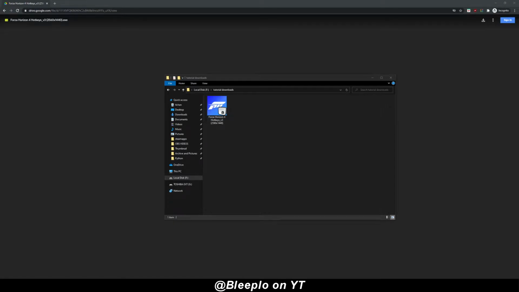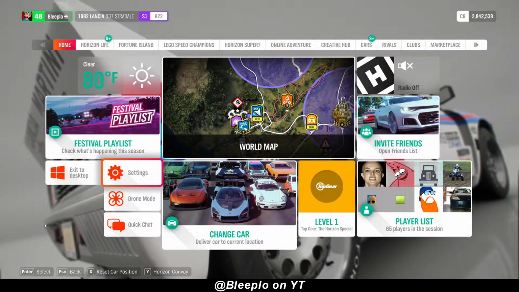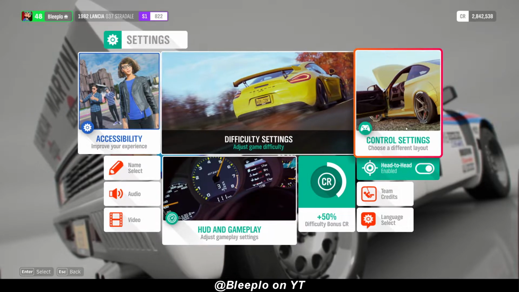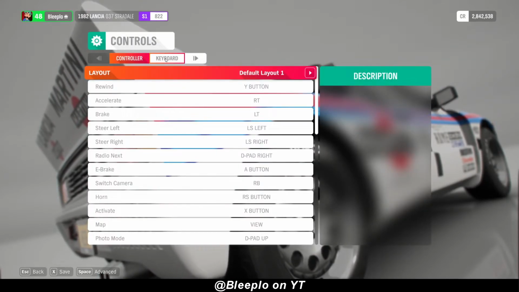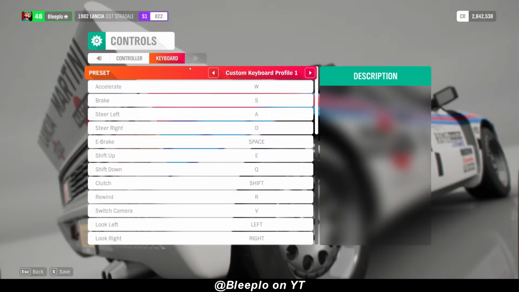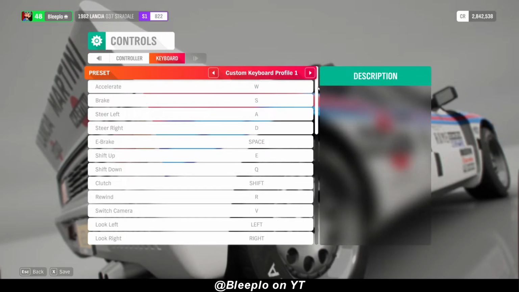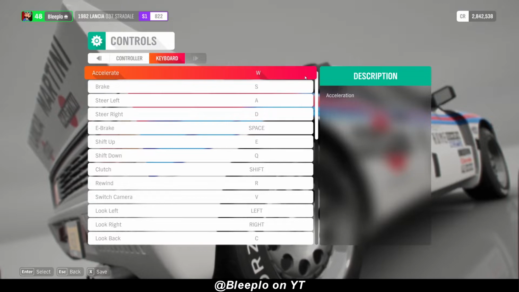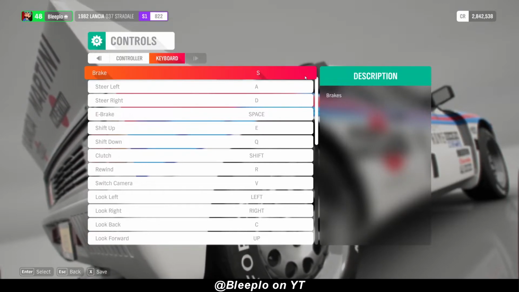So one last thing before we start the script and do anything, we want to have Forza Horizon open, and we want to go to its settings. So give me a minute. So here we are in Forza settings. We're going to simply go over to settings and then go over to control settings, and we want to go over to keyboard because this is using the keyboard, and we're going to set up a custom profile for keyboard settings, and then we're just going to scroll down here and make sure your controls match the ones in here,